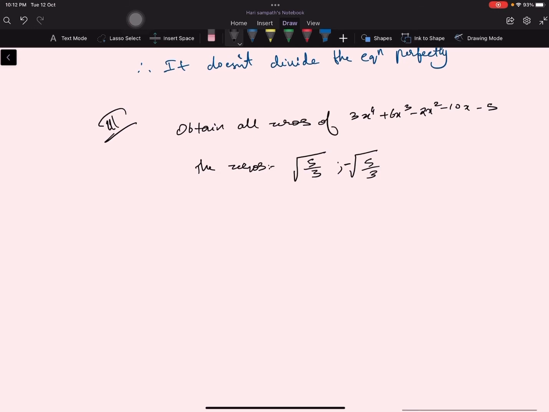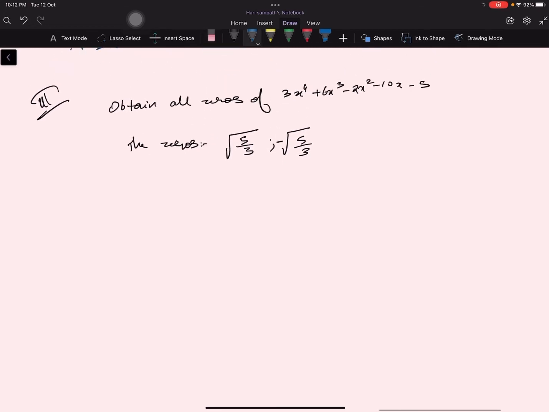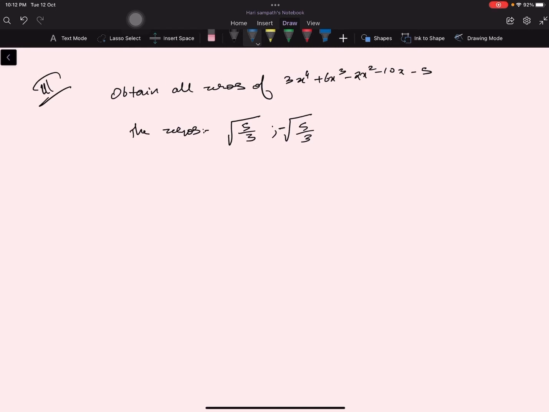The next step would be to find the equation of this. Then we are going to be dividing it with this equation, and then we will get a quadratic equation. We have to find the zeros of it. That will be the other zeros of this question. It's very easy, guys. Let's first form an equation. This is going to be alpha and this is going to be beta. Alpha plus beta equals 0, right? Because root 5 by 3 and minus root of 5 by 3 cancel each other out and give you 0. And alpha beta equals